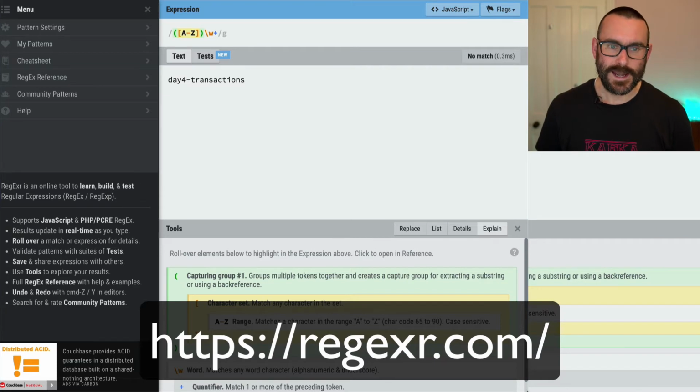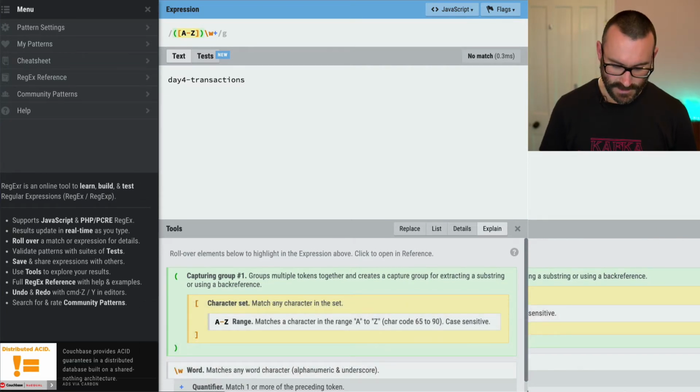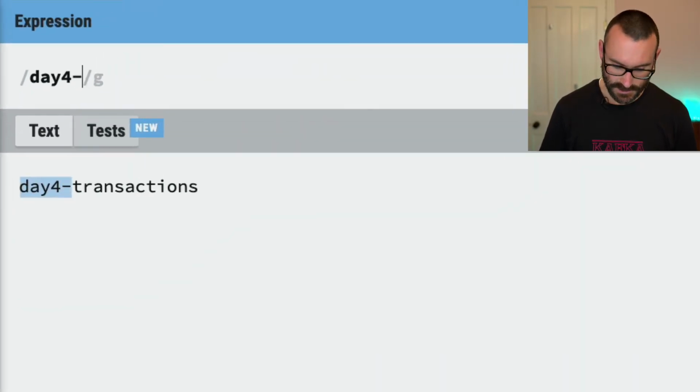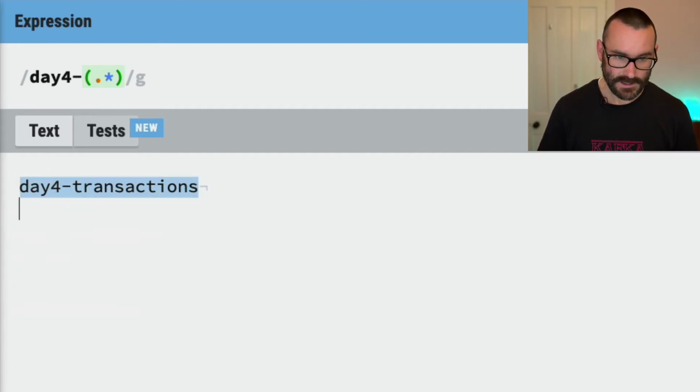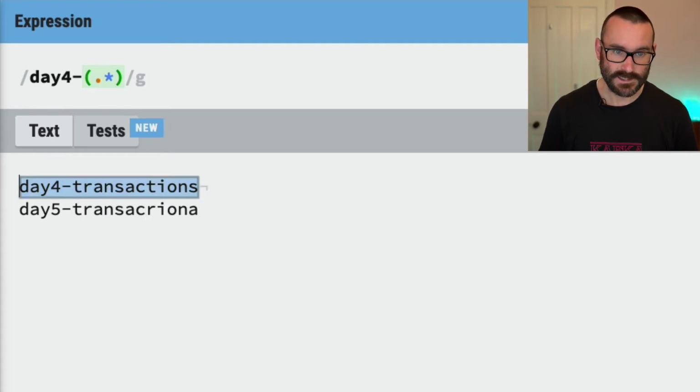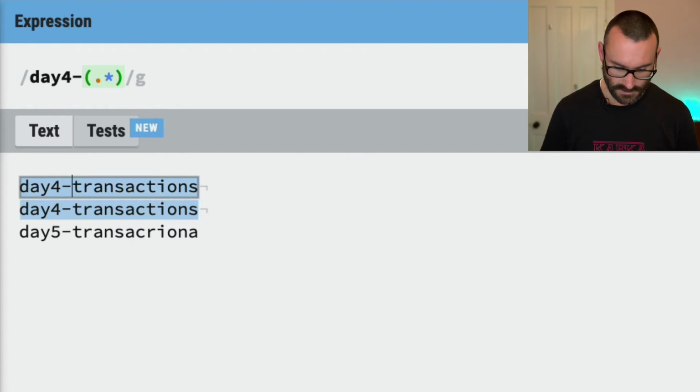So we put that there, and now we can start to build up our expression. The one that I used previously was day4-, and we said capture everything after that. So we can see it's matched that text there. If we put in another test thing here, like day5-transactions, and another one here that says day4-foo,